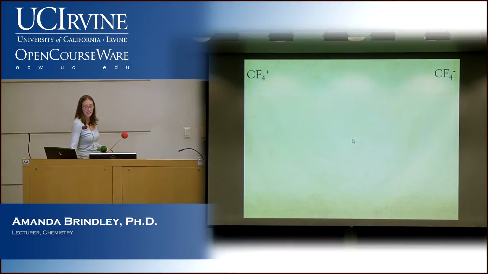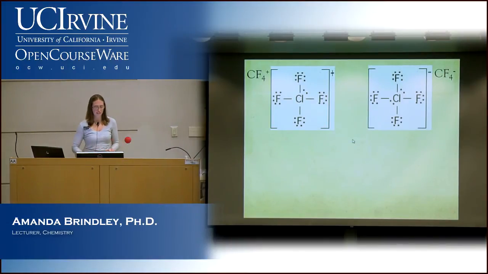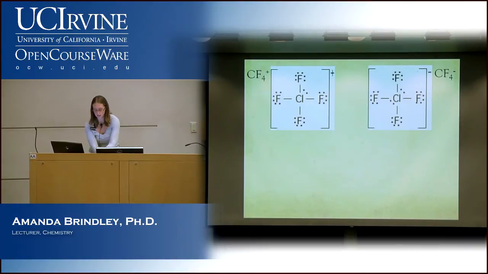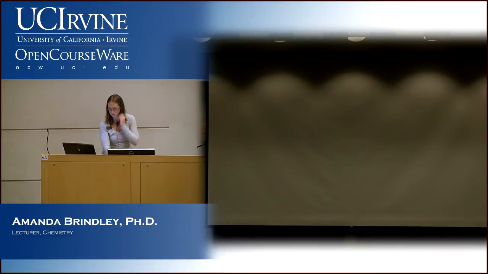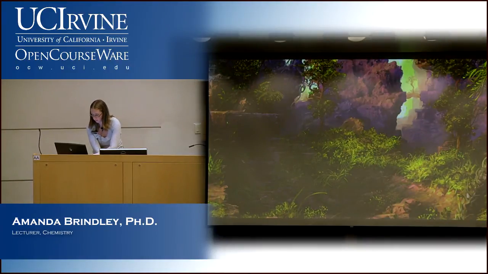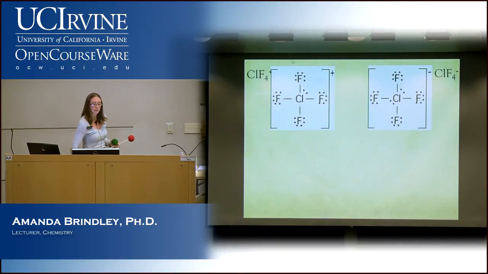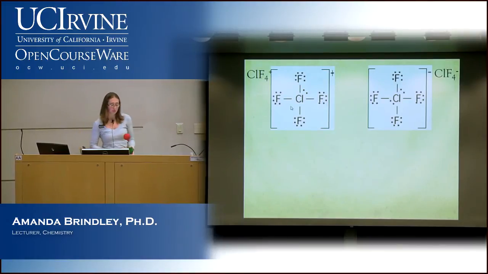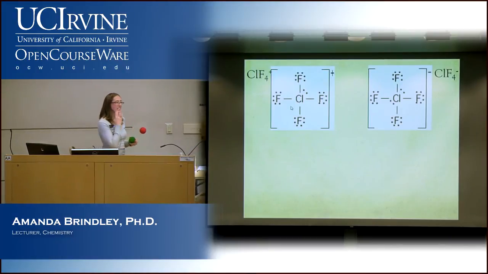Now, sort of a lesson in drawing Lewis structures properly and what will happen if you don't. Let's take these two examples. CF4, or let's just say ClF4, sorry about that, ClF4 and ClF4 minus. So let's first look at this one. So what's the steric number on this? 5. So what's the electron geometry?